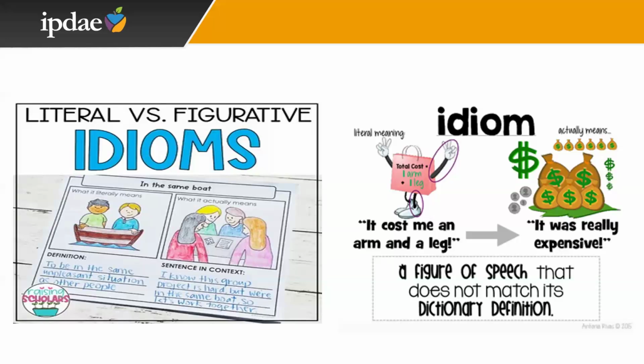Has anyone done an activity like this before in their classrooms? Yes, okay, not yet. Yeah, it's definitely effective. I've tried it out. I will have my students write the definition, the literal definition, the figurative meaning, and then have them draw both the pictures and then have them write sentences for both, and it works. So try it out and hope it works for your students as well.